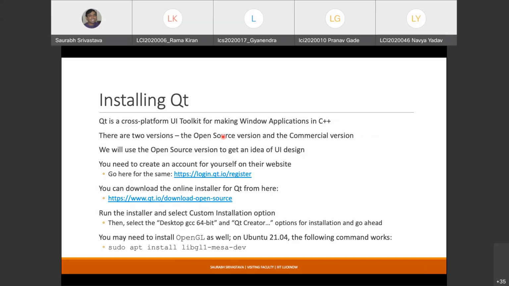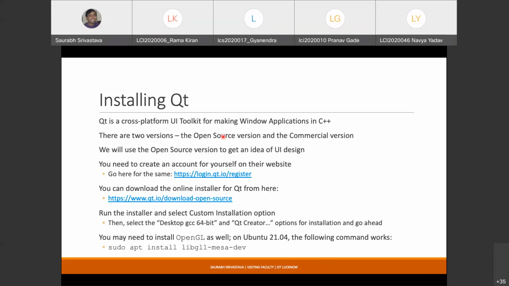Qt is a beautiful platform. I mean, since I used it, it has now become very popular. I mean, they have added support for Android and iOS. So there are so many things that you can do with Qt. You create your application at one place, and the applications will look exactly the same on different operating systems.